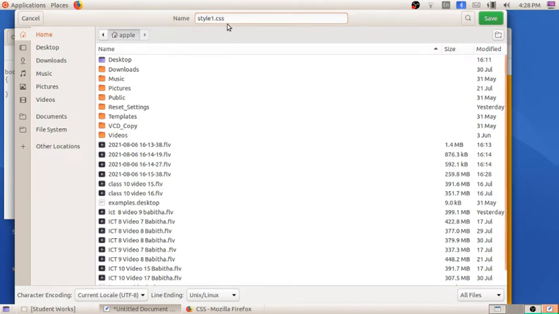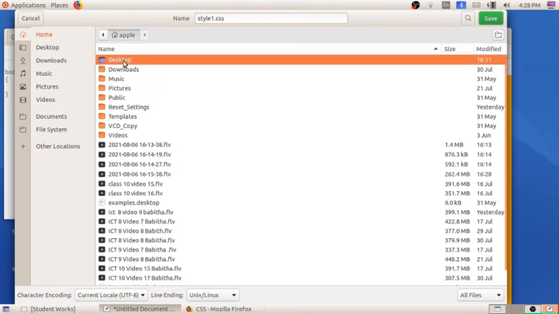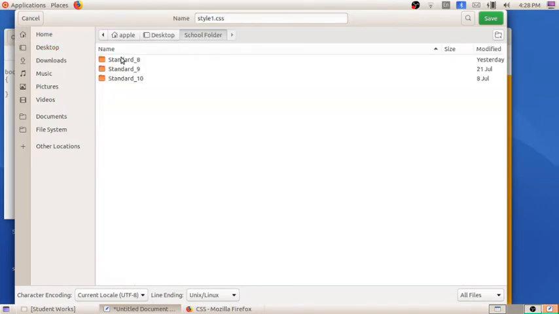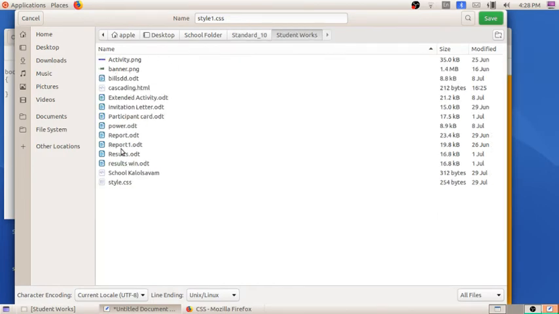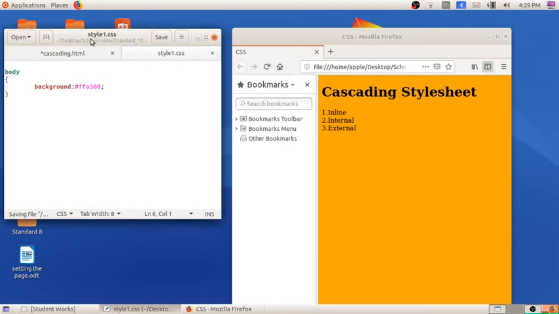Where the HTML file is saved, in the same place itself we have to save the CSS file. So here in desktop, school folder, standard 10, student works, you can see the cascading.html. This is the file in which we are doing the activity. So here itself I am going to save. Okay, now it is saved.